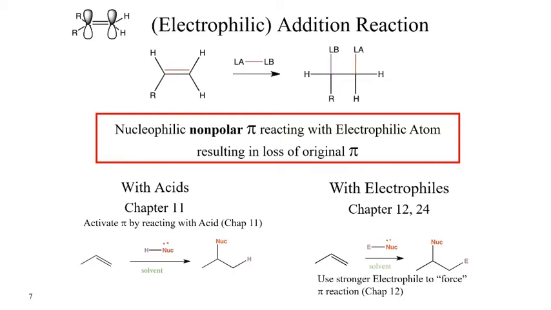As we break that pi bond, as these electrons come out to react with an electrophile, that electrophile is then going to be associated with one of those carbons. Let's just say that carbon. What happens to the other carbon? Well, the other carbon is going to become partially positive, or formally positive if the reaction happens this way,